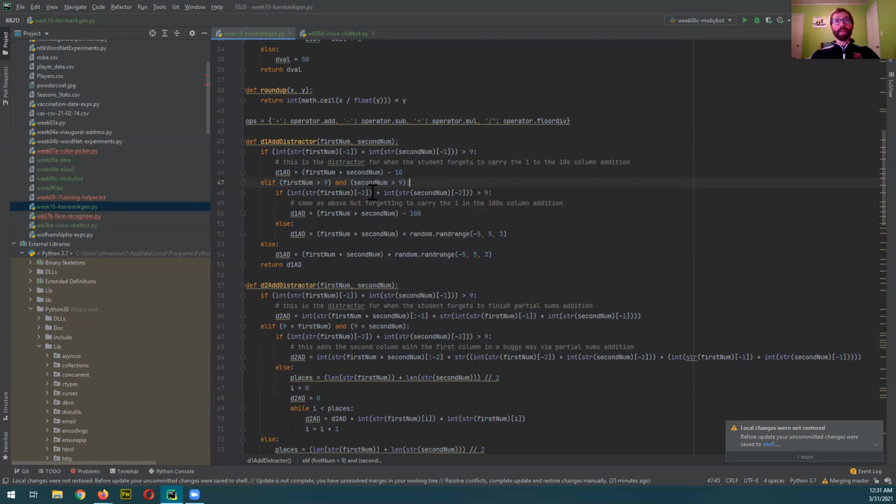And then if that's the case, check the tens place. Okay, so it's the same as this, except this time check the tens place. If the first number's tens place plus the second number's tens place is greater than 9, then make a distractor that has 100 less. So let's say you were adding